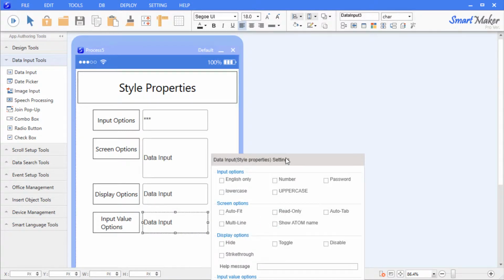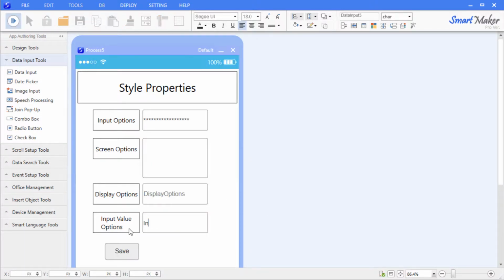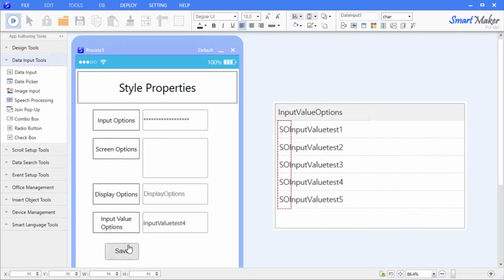Prefix is a property that can be used when the data type is character type. The specified prefix value is not shown in the app program screen, but added in front of the input data when it is stored in the database. You often need a prefix to clearly identify or distinguish your data when you are joining different database tables to build a large number of data tables in your enterprise. Check the prefix applied. You can check the data stored in the database and confirm that the prefix has been